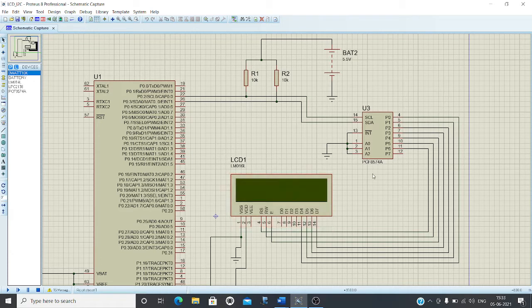The purpose of this component is to handle I2C communication on behalf of the LCD. That's why it is called an I2C driver for LCD.